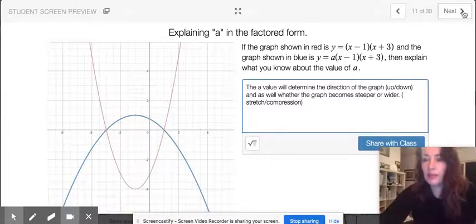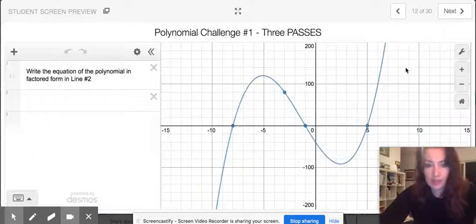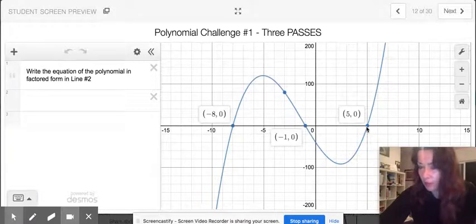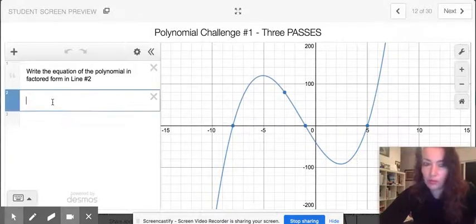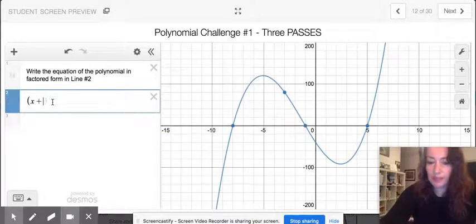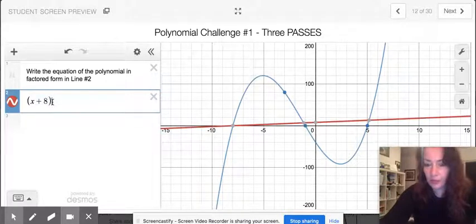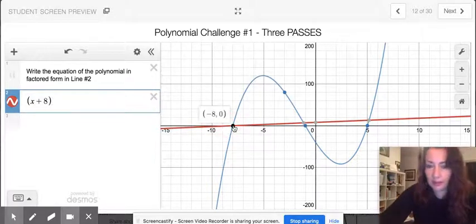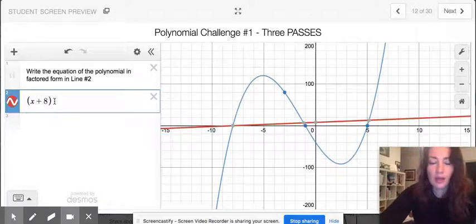Okay, let's go on to slide number 12. It says 3 passes. Polynomial challenge number 1. Write the equation of the polynomial in the factored form. So we could see that the graph will pass through the points (-8, 0), (-1, 0), and then the point (5, 0). So those are all intercepts. We can write the equation as (x plus 8). So you can see that the graph has gone through the point -8 here, times